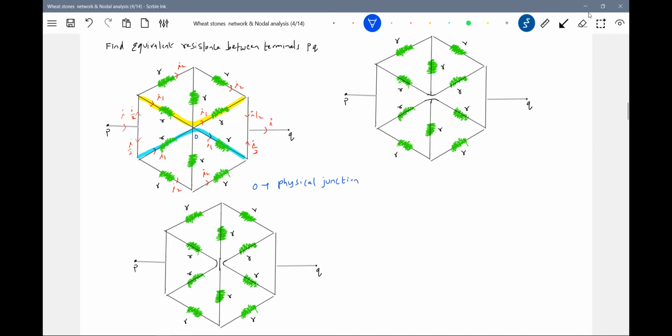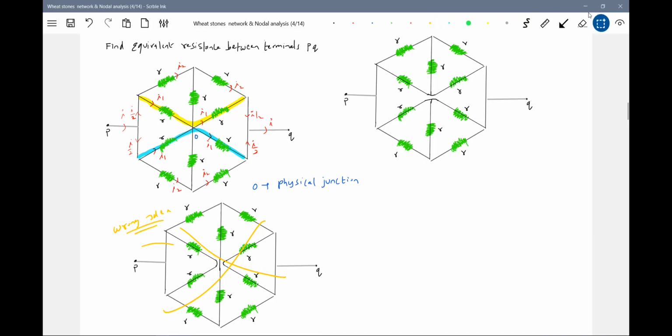How do we justify it? By sending a current, by branching the currents, and by symmetry. If a symmetric line passes through a junction, then that junction will be only physical, not electrical. Okay, now this is one Wheatstone network. Further, what we can do... I think this will be a wrong idea, and I'll put wrong. Okay, further, what we can do.